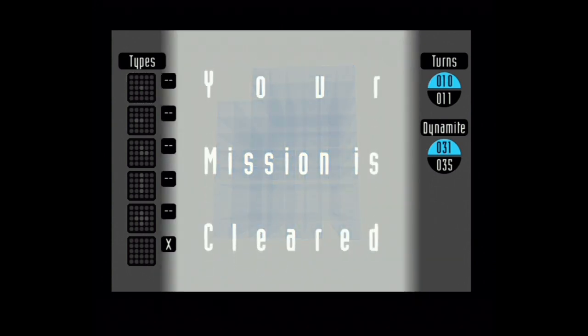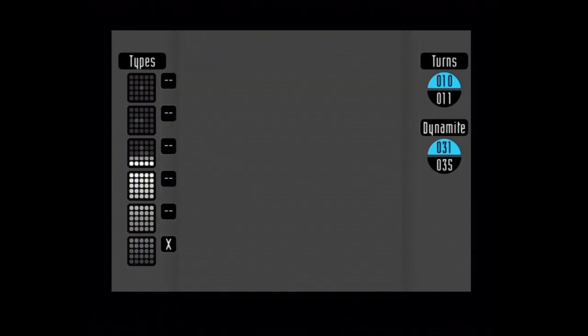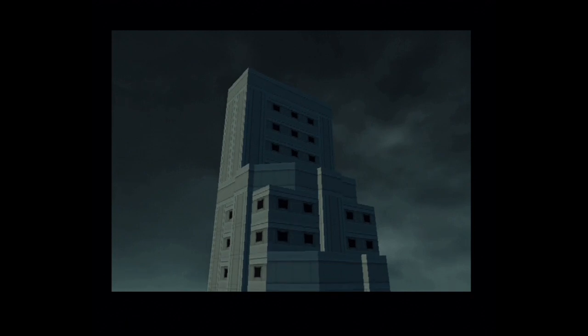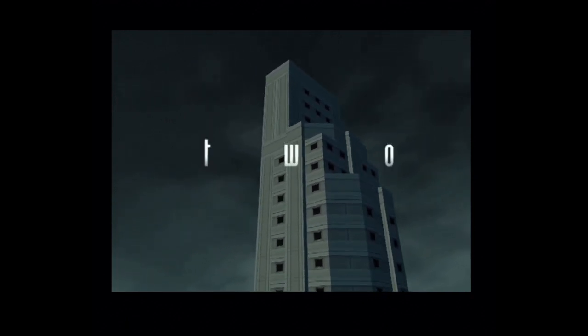Your mission is clear. There's the third building of the standard blocks. Counting down. 3, 2,